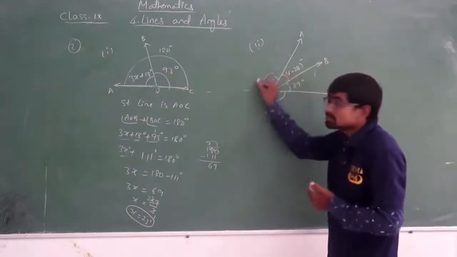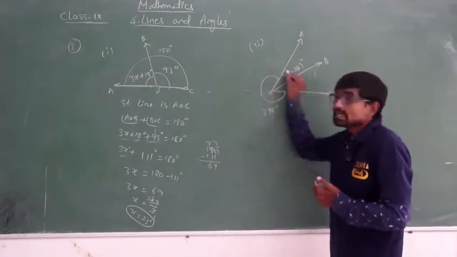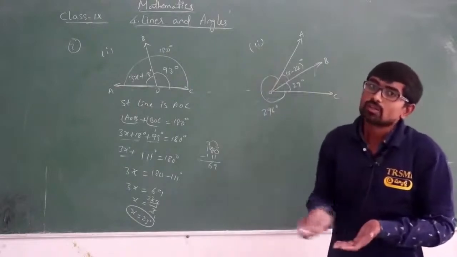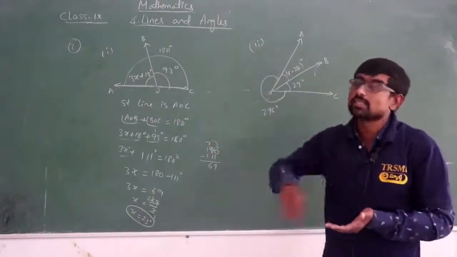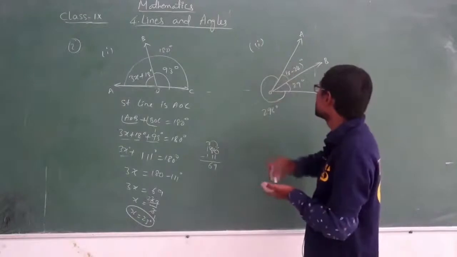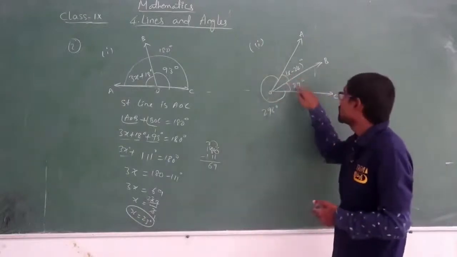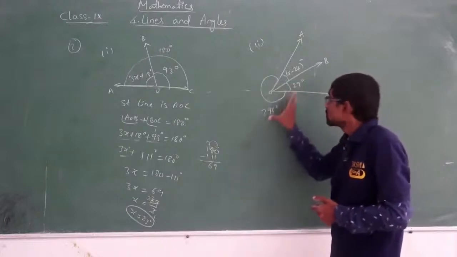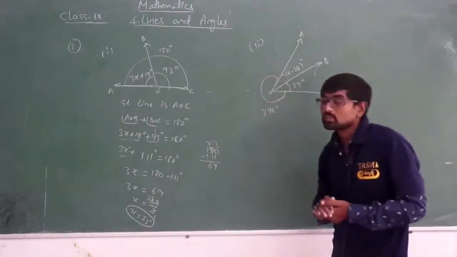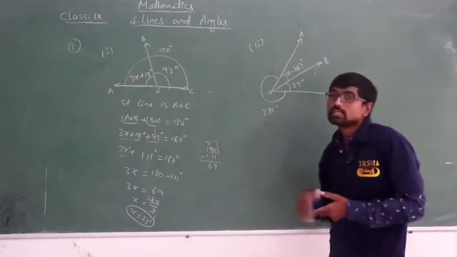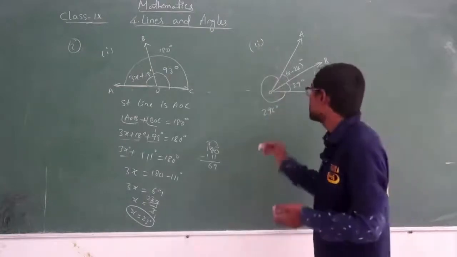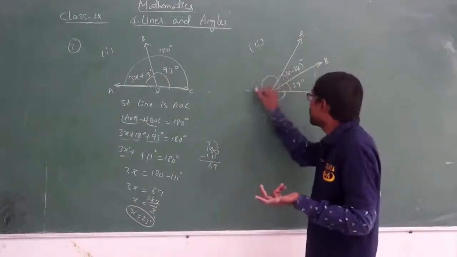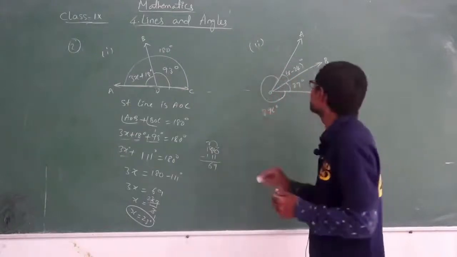He has discussed the total net angle, the complete angle. So we have to take the total angle, that is 360 degrees, isn't it? So we have to take 360 degrees. Why? Here x minus 24, here he has given 29, and here also he has given 296. So the total net angle he has given. As we have the total angle here, we have to take the complete angle, isn't it? So from the complete angle, what do we know? Adding all these angles we will be getting 360 degrees.